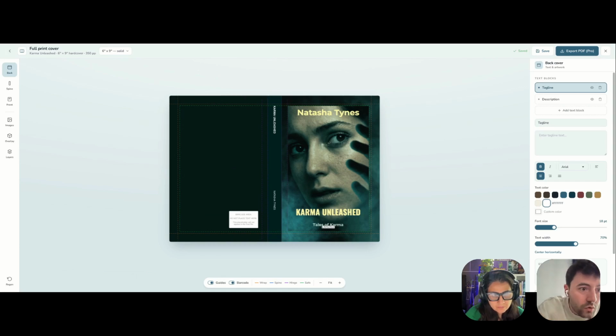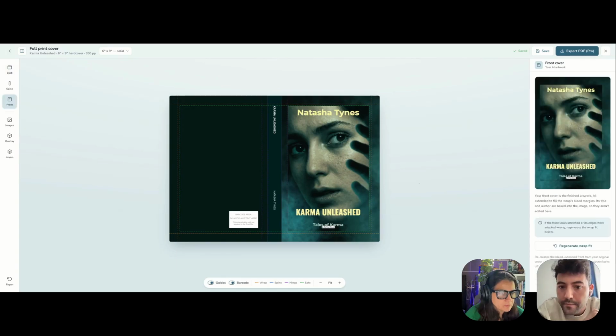So if you go to the left, you see a section that says front. Click there, and click on regenerate wrap. I would like to extend the front properly. Let's see if the AI is capable of doing so or not, or maybe we failed, but I hope we don't.